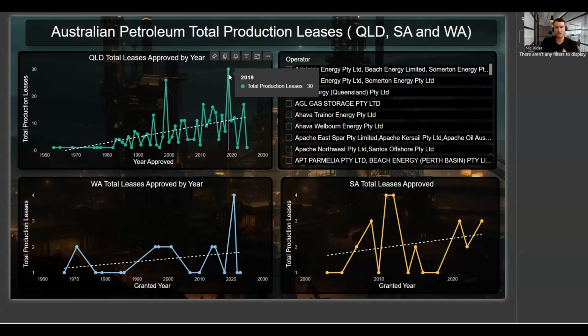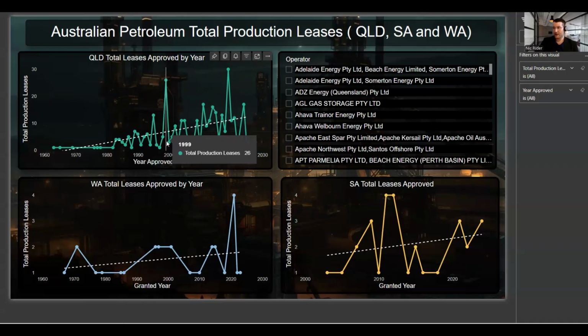As we can see, 2019 was the largest there with 30 production leases. Most of these were Santos, I believe. And we can see that there's a sharp increase in approvals around 98 to 2001. If I go to 98 here, big spike in 99, and then another big spike here, 2001 to 2002 was 9 again. So late 90s, early 2000s, we saw a spike. And then again, 2017 to 2019, 13, 7, and then up to 30 there. And what this reflects is heavy LNG related exploration, much of it tied to Curtis Island LNG projects and CSG,